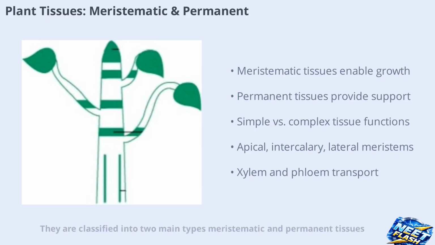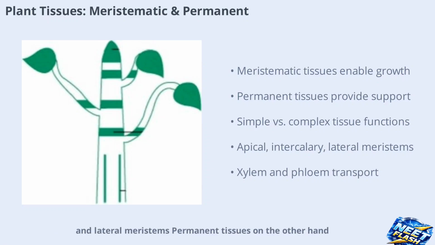They are classified into two main types: meristematic and permanent tissues. Meristematic tissues are regions of active cell division, responsible for growth and found in areas like root and shoot tips. These can be further divided based on origin and location: promeristem, primary meristem, and secondary meristem, as well as apical, intercalary, and lateral meristem. Permanent tissues, on the other hand, are composed of mature cells that have lost the ability